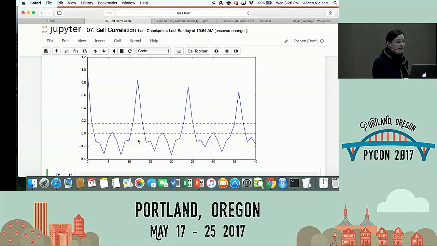The x-axis is the lag. So 0 is a lag of 0, that's a number with itself. 1 is the correlation between a number and the number that comes in the next period. 2 is a difference of 2, and we're counting up all the points. So here, where do I see a high correlation? At 12, and at 24, and at 36. Not surprisingly, because what I'm seeing is year-to-year periodicity.